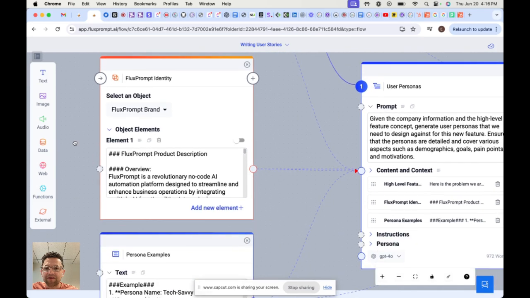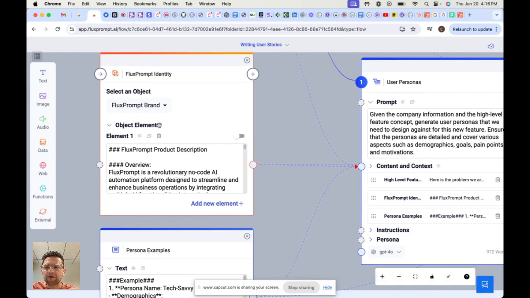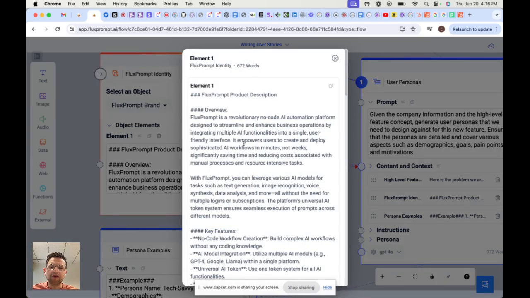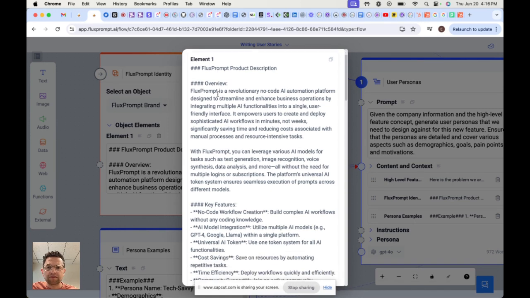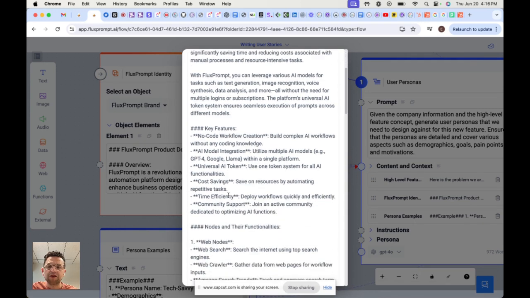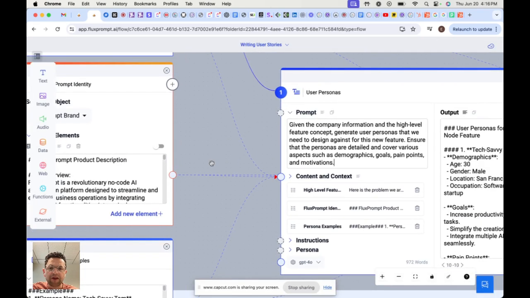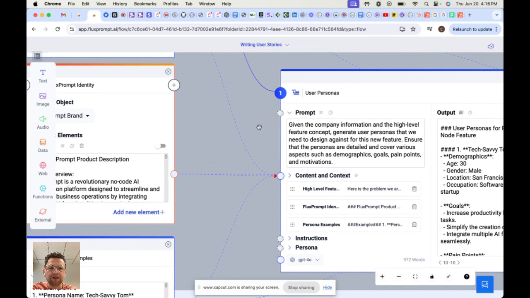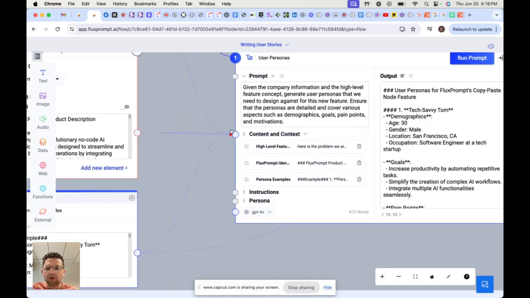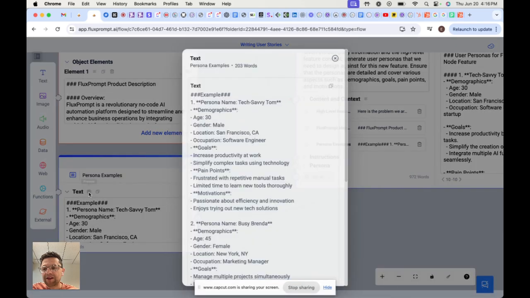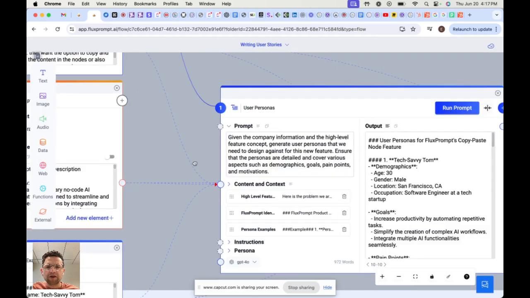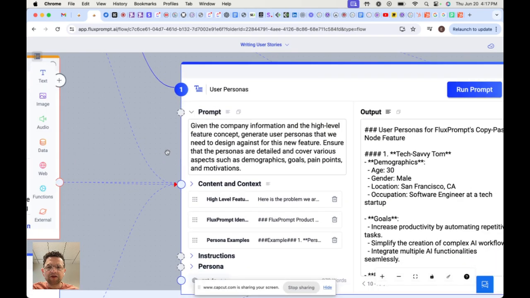Okay, the next thing that I've done is I've dragged out an object caller, which basically I've created a node that stores all of our company's information. So it gives an overview of what the product does, key features, and all of this other information. And then I've fed that into this AI generator. And the other thing that I've done is I've given it an example of how I wanted to write our personas. So the first step in my flow is to create user personas